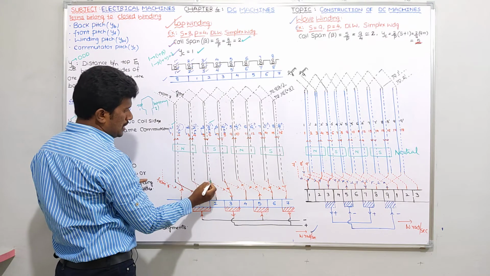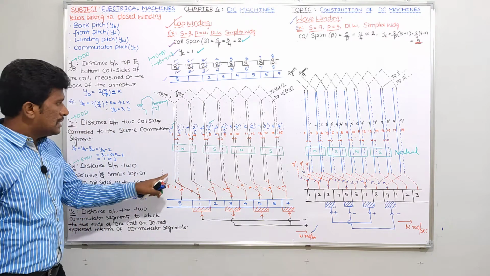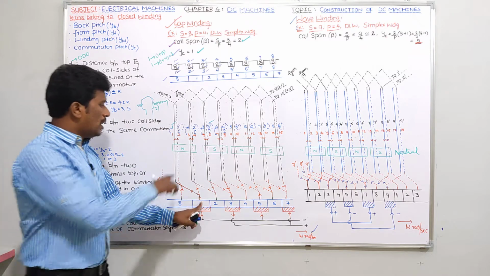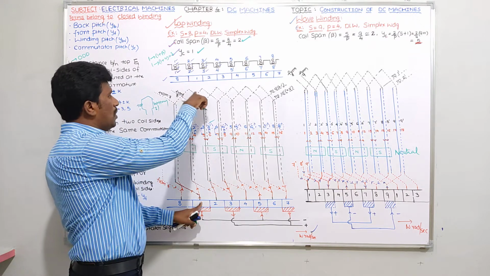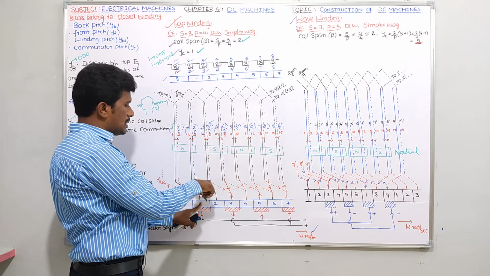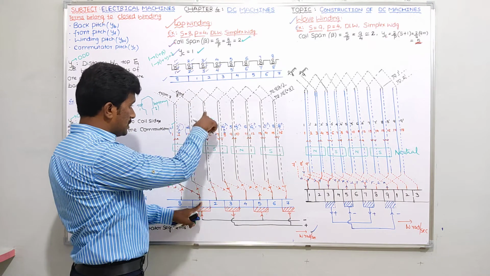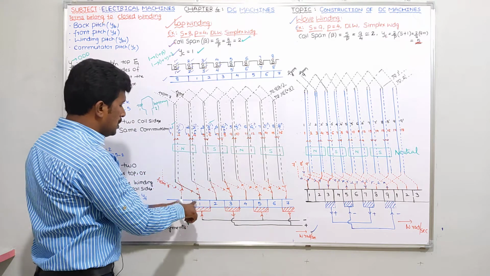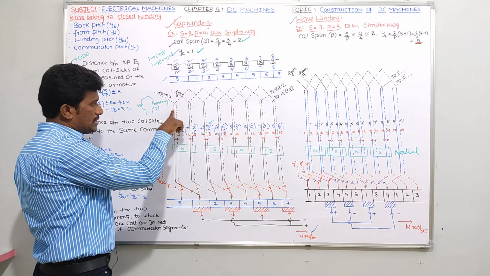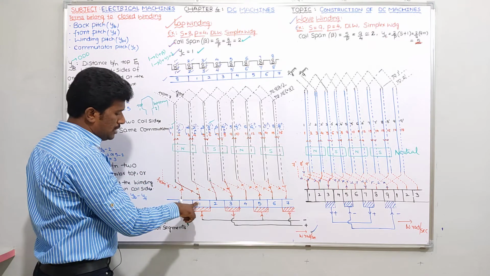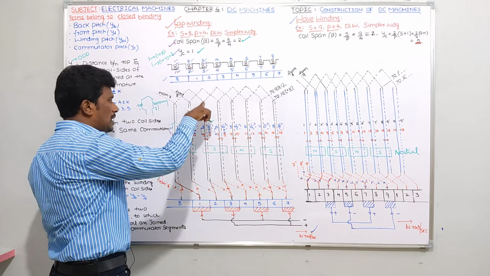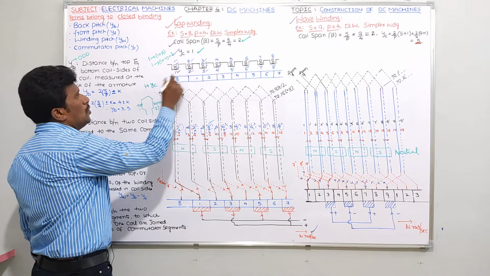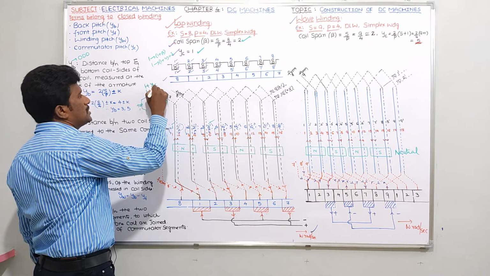This is the end of your first conductor for the 1 to 3 dash coil. This one end, and this I can say another end. This conductor 1 is connected to commutator segment 1, and what about the another coil side of this coil, 3 dash? 3 dash is connected to 2. How are we getting this? Because one coil side of your coil 1 is connected to 1, so another coil side of this coil is connected to 1 plus YC. What's the value of YC here? 1 plus YC means 1 plus 1, once again 2.